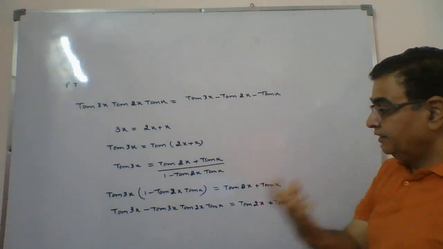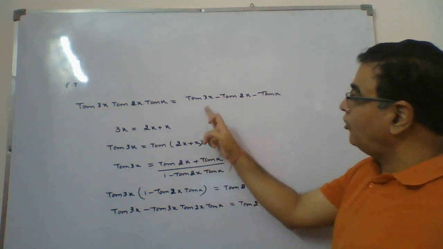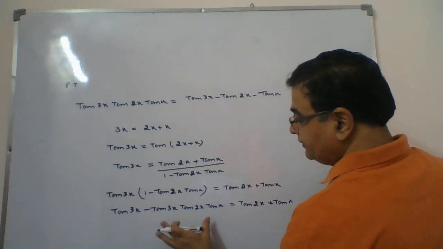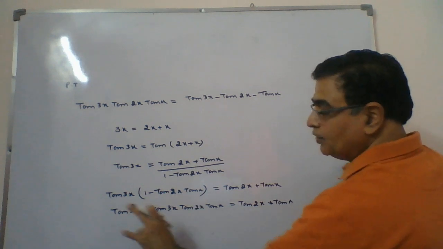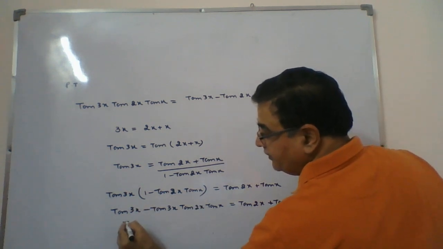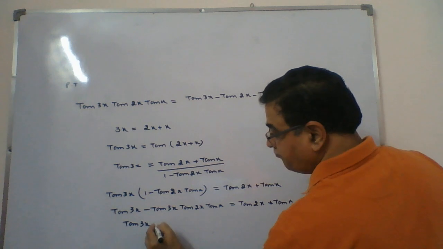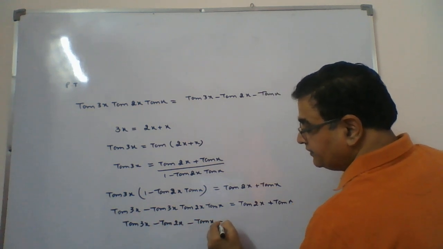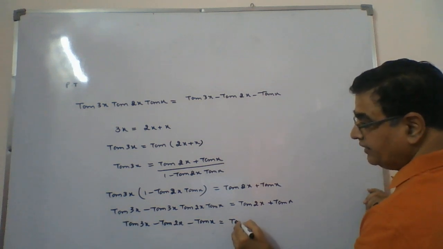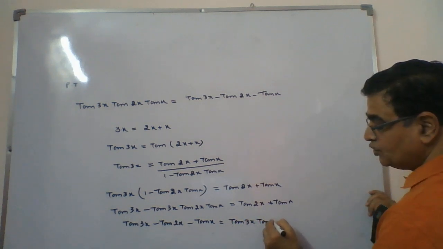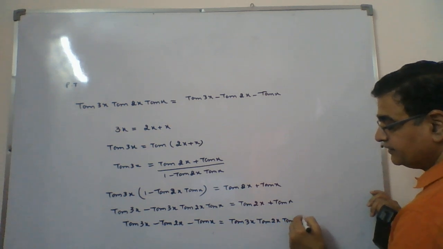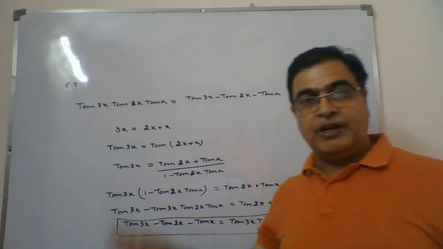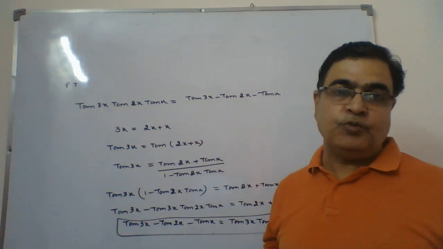Now what you want is this whole product on one side and all the three terms on the other side. So it's very simple now. What we do in this case, this term I'll shift to this side and these two terms I'll shift to that side. So I get tan 3x minus tan 2x minus tan x comes out to be tan 3x tan 2x tan x. This is the proof we have of this question. So whenever tan comes and three angles are there, we can solve it easily.